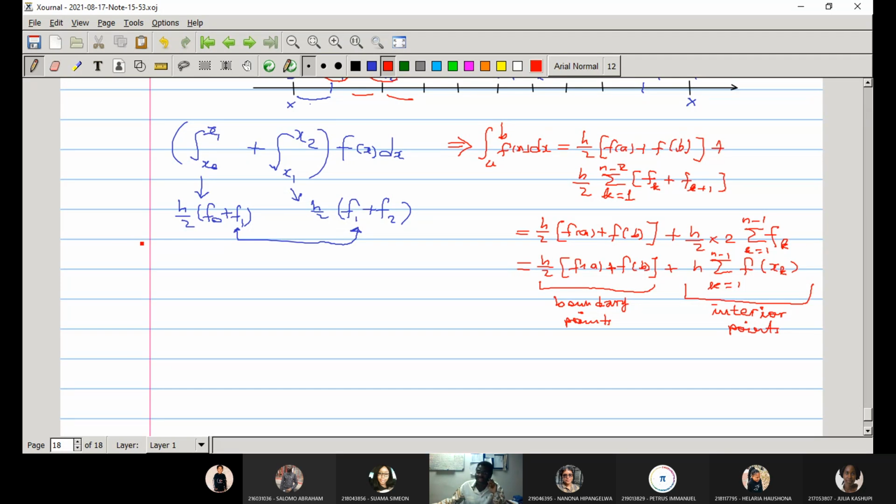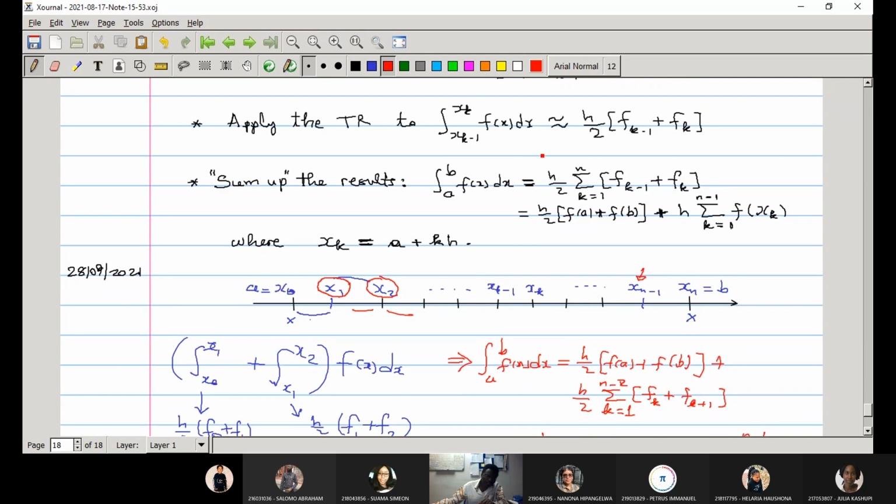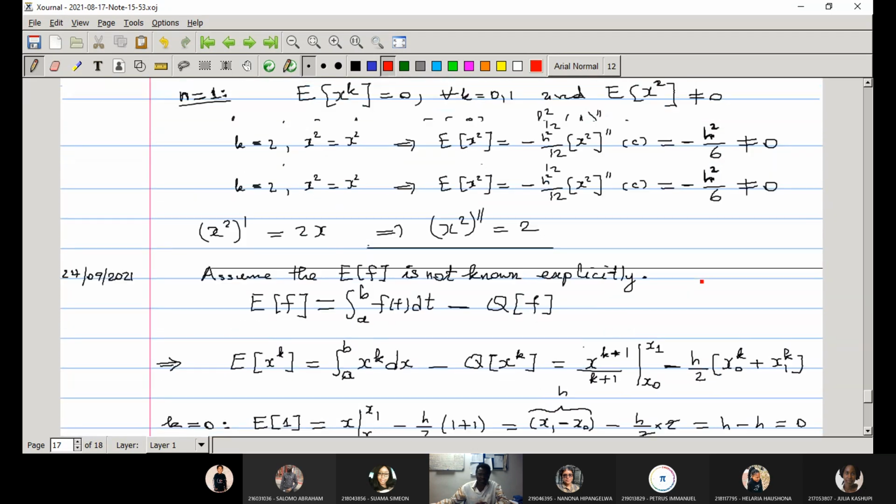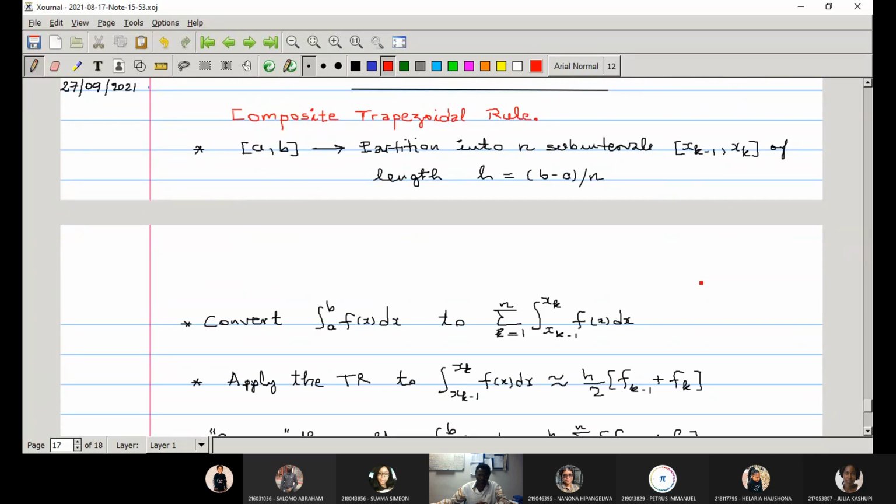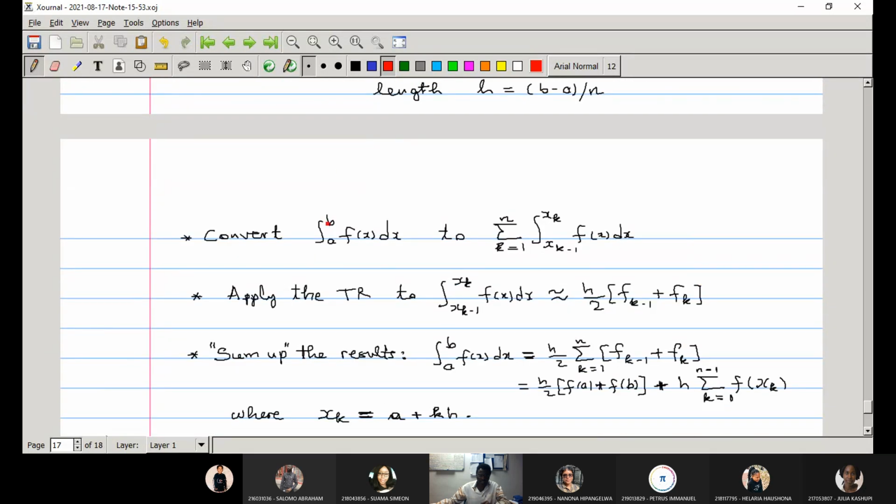So that is for the composite trapezoidal rule. Composite. Okay, today, as I mentioned yesterday, we are going to tackle Simpson. Yesterday was trapezoidal. Today will be Simpson. In a like manner, for the Simpson rule, the procedure is the same. We still use this